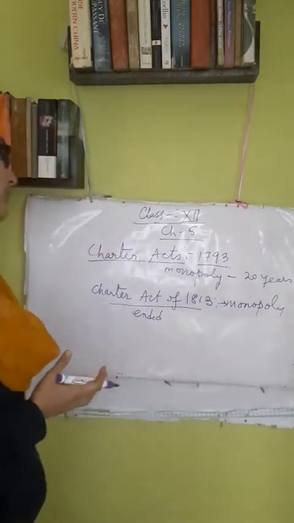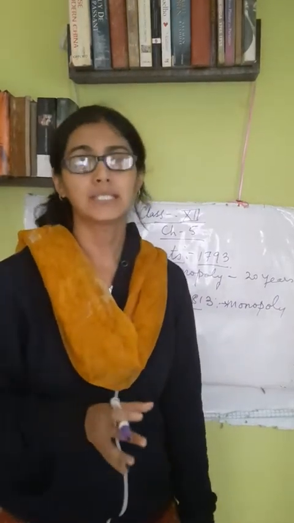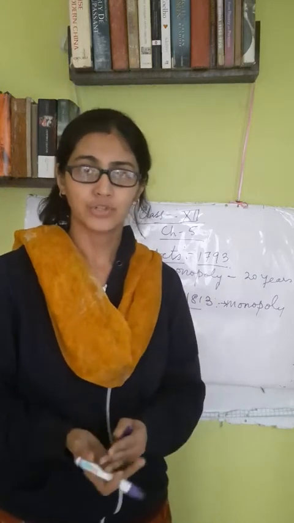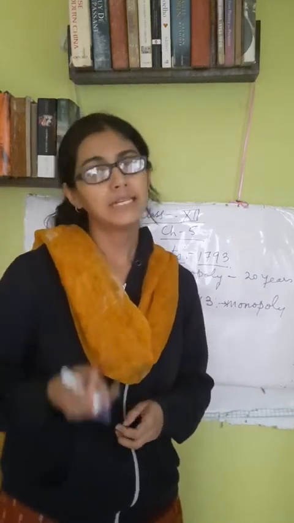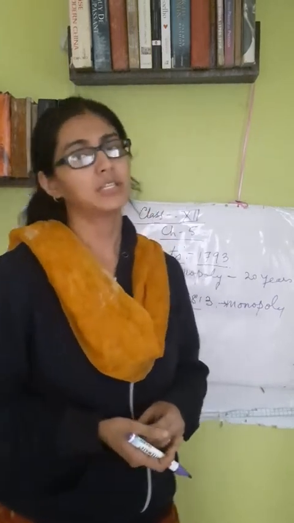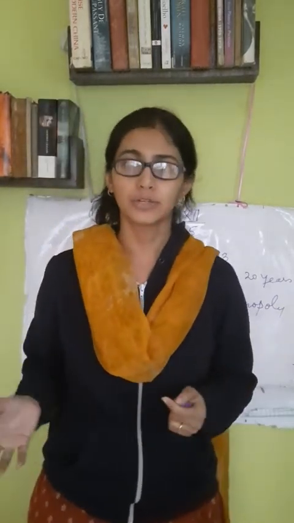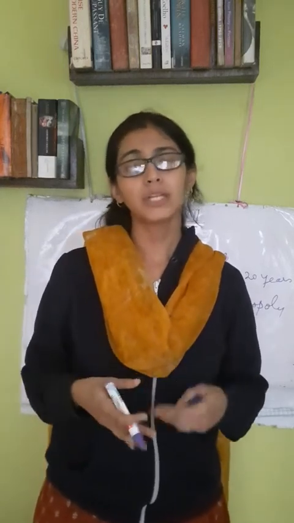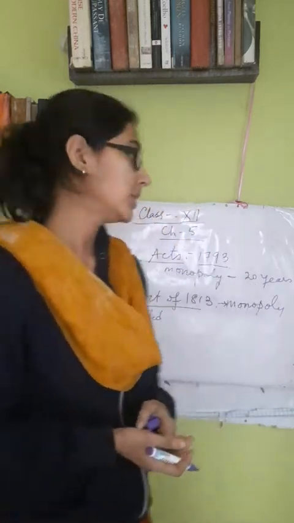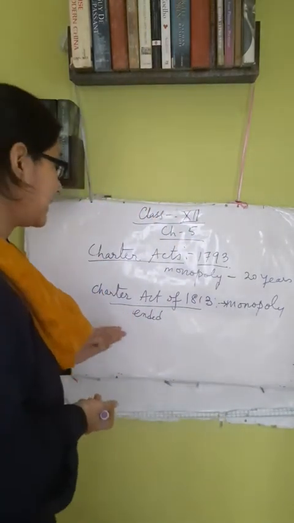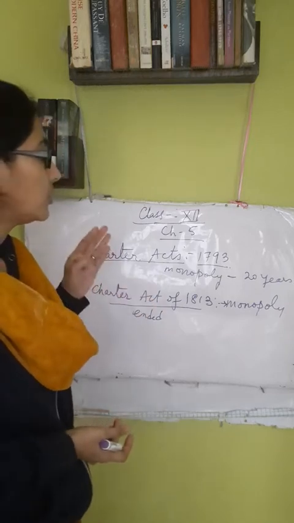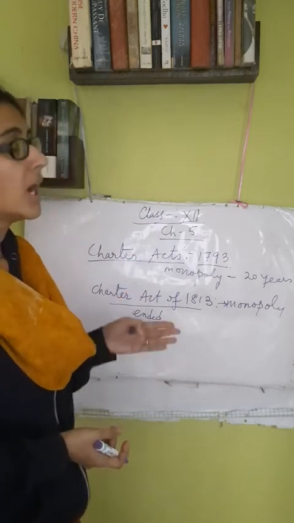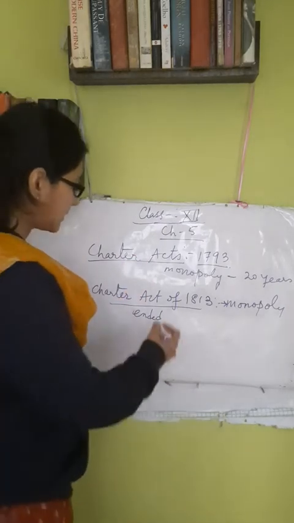That is, now it was said that not only the English East India Company can trade in India, any English merchant can trade in India. East India Company will also trade along with them. Any individual English traders and merchants can trade in India. So the Indian market was open to all the Europeans, open to all the Englishmen, and now everyone started pouring into India to control the Indian economy. So the monopoly of the English East India Company ended, and from this time, not only the English East India Company was trading in India. Other companies were also coming, other individuals were also coming.